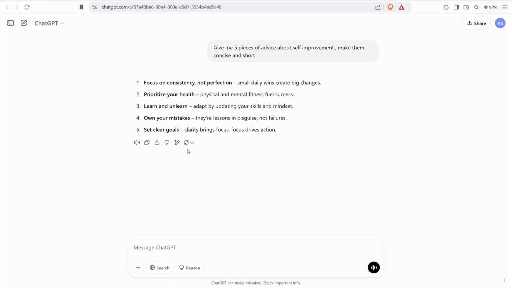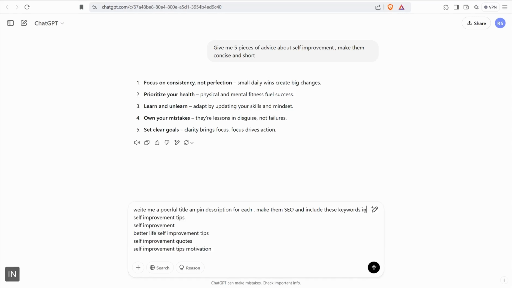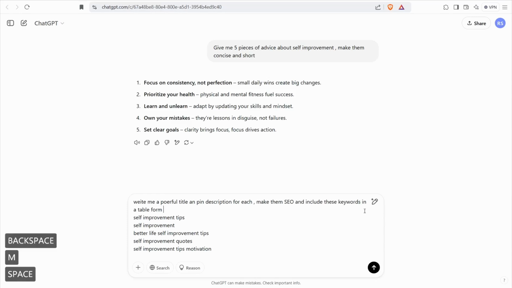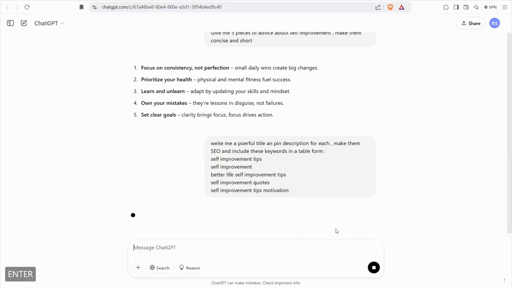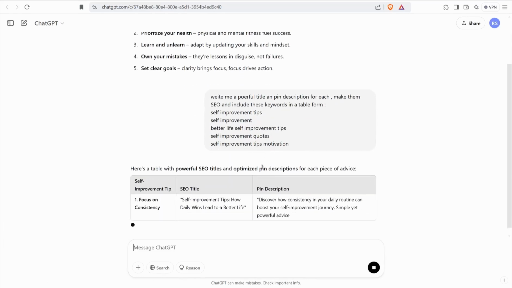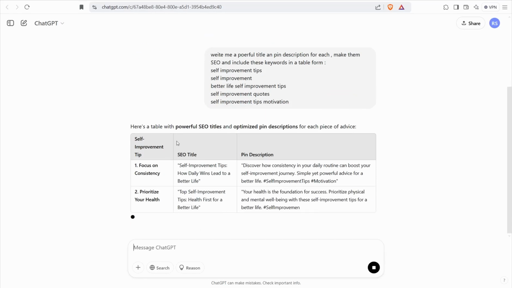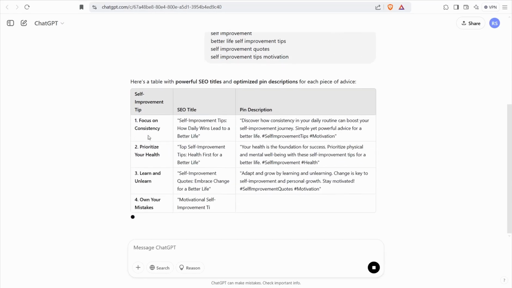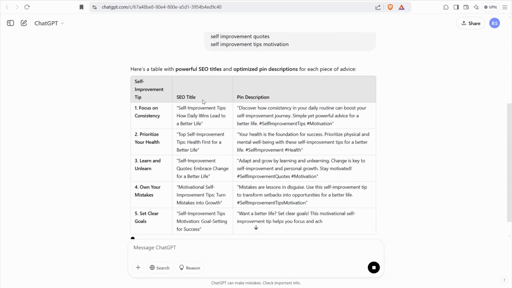and make them search engine optimized and include these keywords. So here I can type such a prompt in a table form, paste these keywords, and click enter. In just a matter of seconds, ChatGPT would craft a beautiful table of this data, as you see, for every single advice: the title, the description with relevant hashtags, and all of them are search engine optimized with your keywords